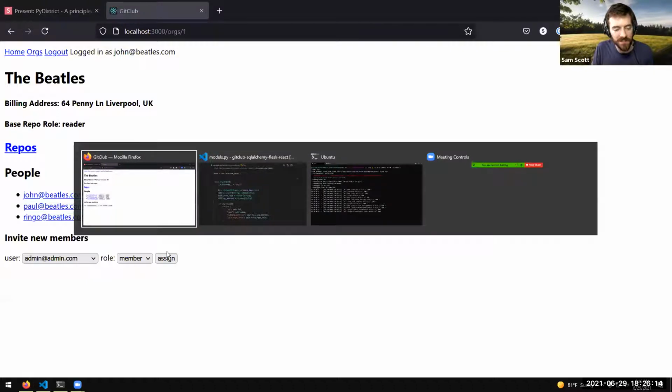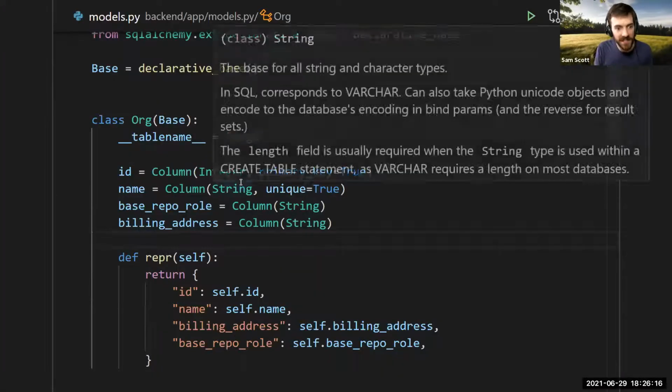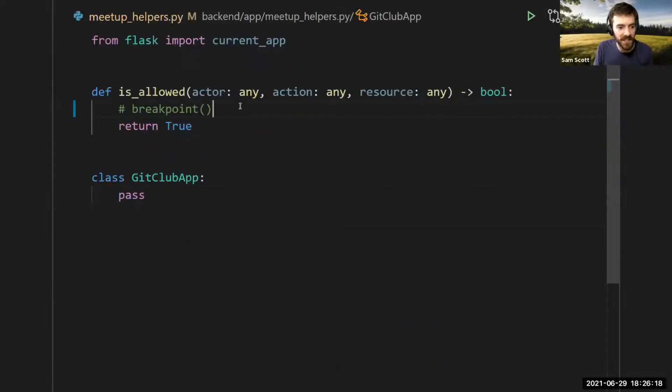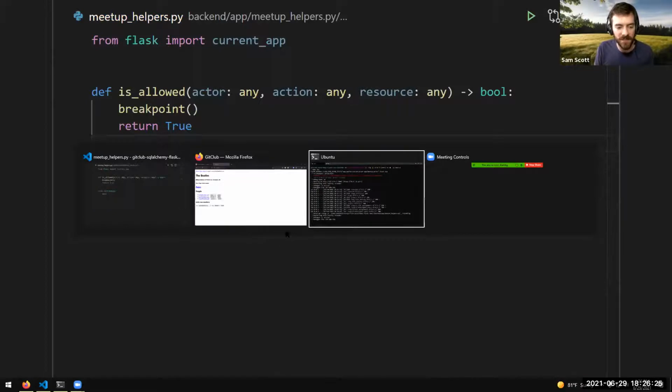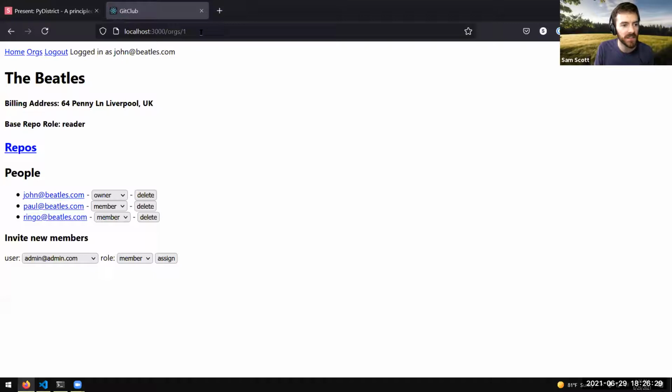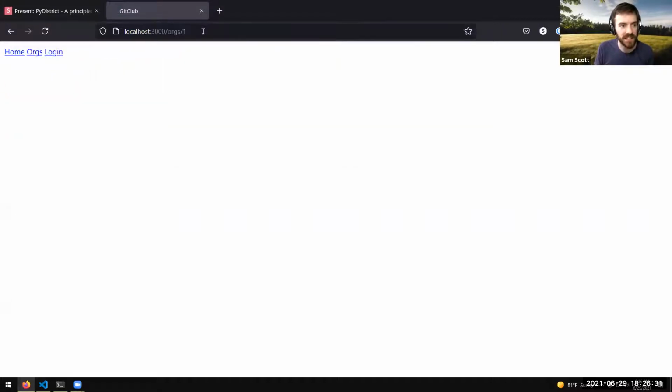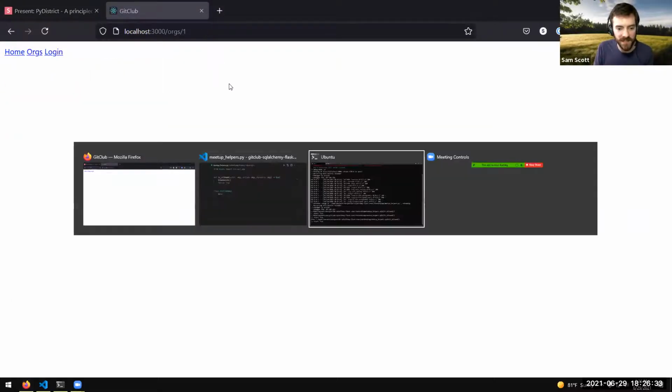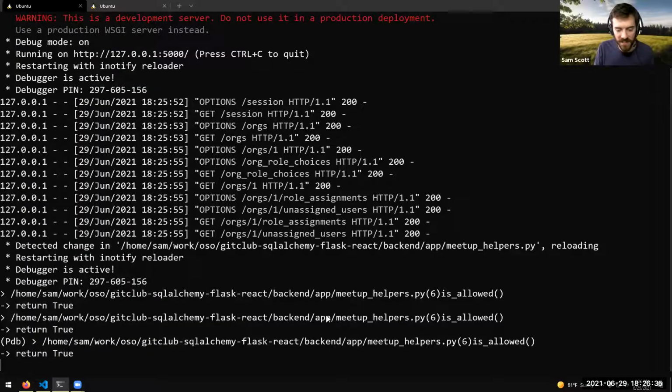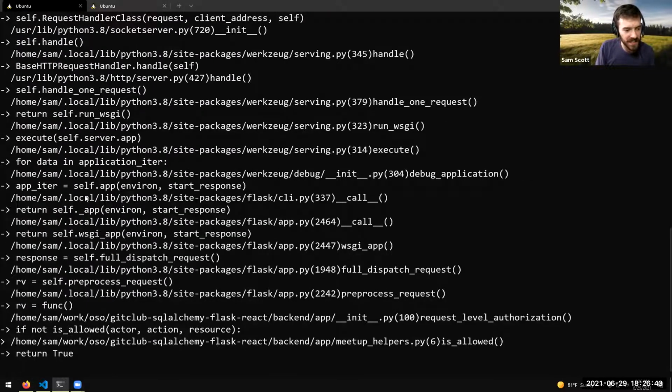To make this more visible, I've added a little helper method that's going to break down where I might do some authorization throughout my app, and see how I can ask those different questions of who can do what. So let's revisit this page again. Okay, I'm not going to see anything because I've got a breakpoint that's going to stop me every time. Throughout my app, I have various points where I'm trying to see what the user is trying to do. So I can do a little backtrace.